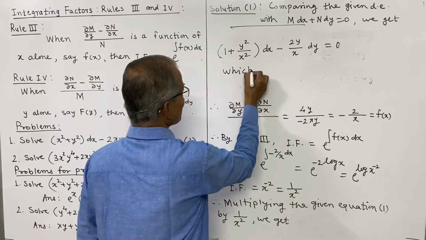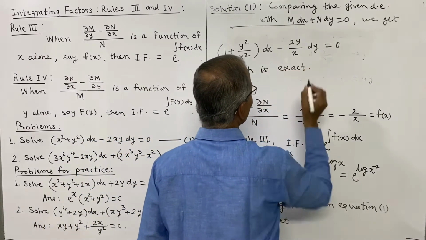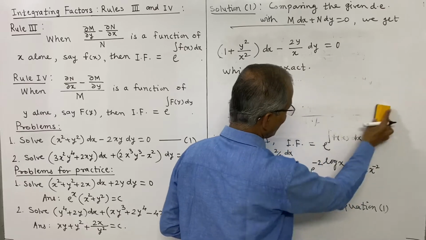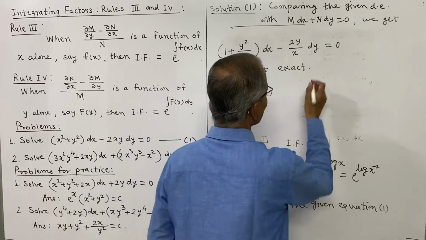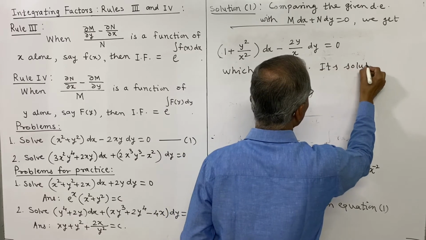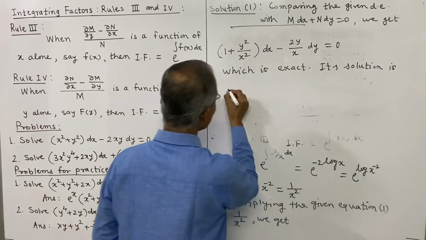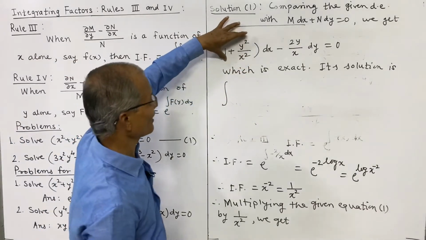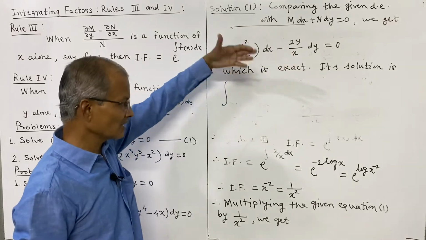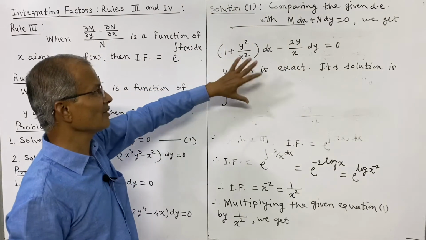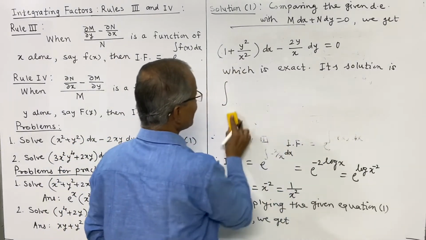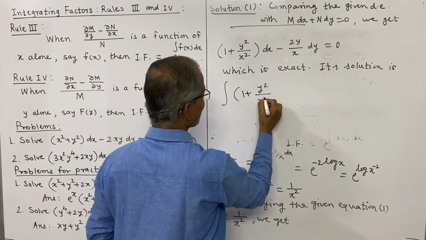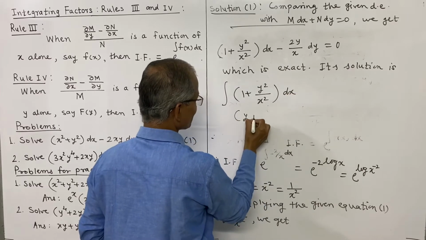And its solution is given by the rule that we have used for exact equation. Its solution is the integral of the coefficient of dx. Now the equation is reduced into exact form, and this is our M and this is our N. But we have used M and N for the original equation, so we are not writing M and N here. We will write the solution directly. M dx, or the coefficient of dx, is to be written: integral of 1 plus y square upon x square into dx. Here y is to be treated as constant,